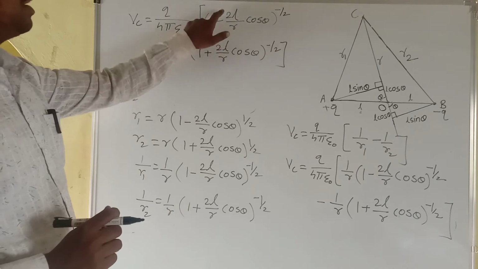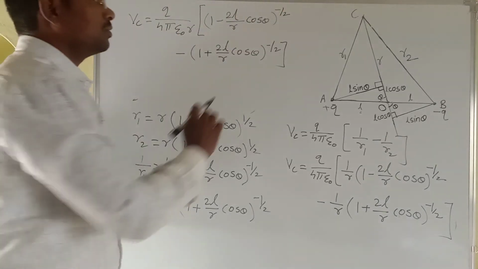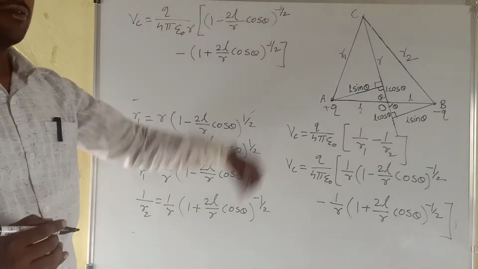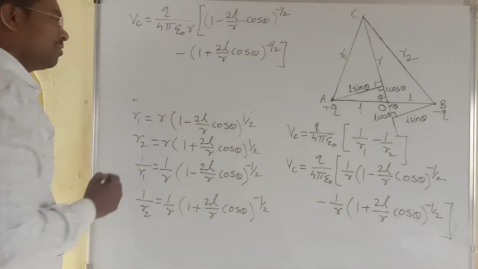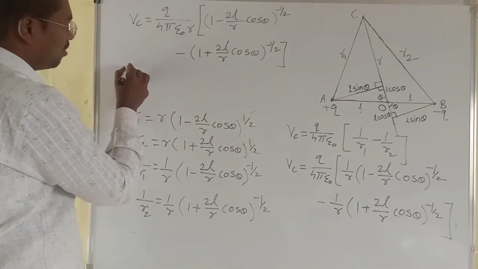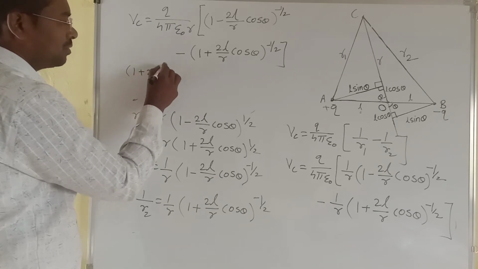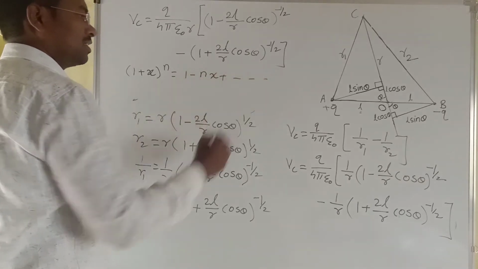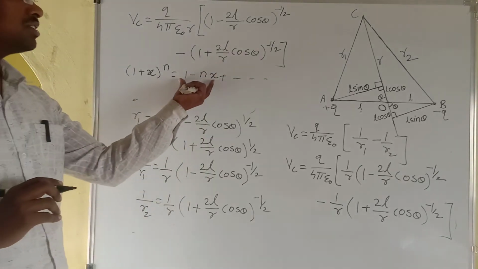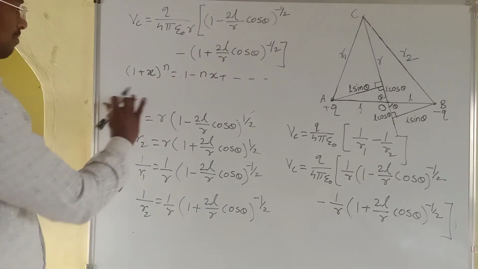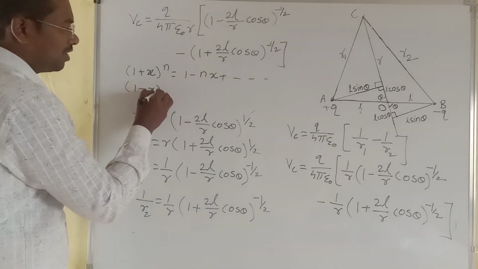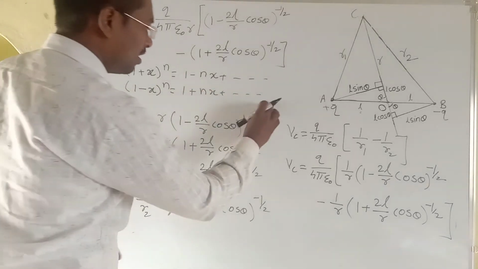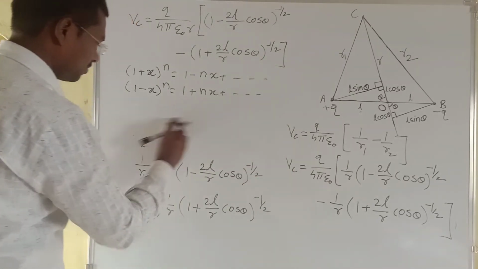This (1 - 2L/R cos θ)^(-1/2) can be solved by using binomial expansion. The binomial expansion of (1 + x)^n is equal to 1 - nx + ..., many terms are there, but we consider the first two terms. And (1 - x)^n is equal to 1 + nx + ..., again many terms are there. Therefore,